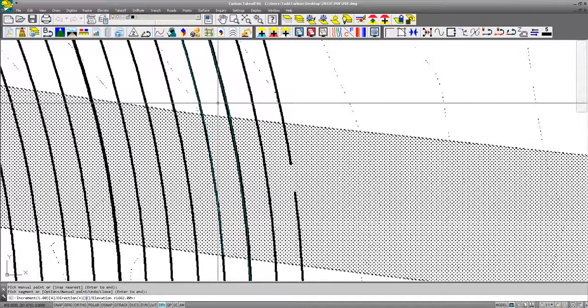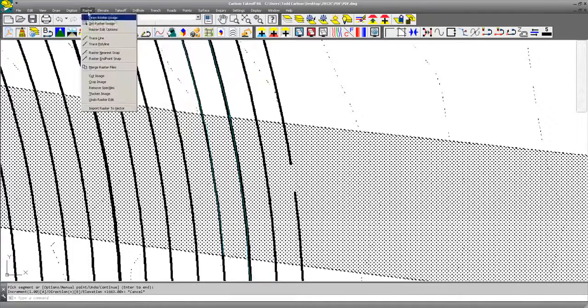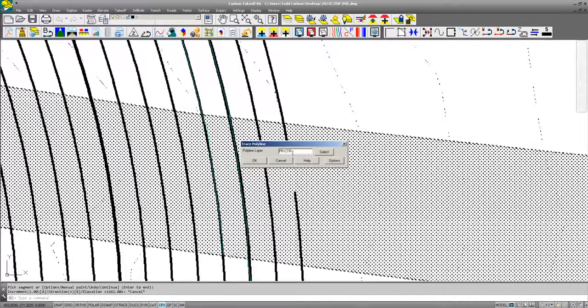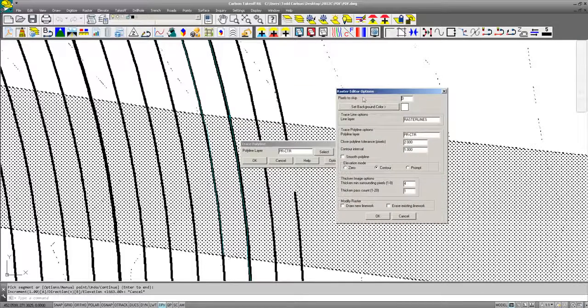Some other options we have, if I get out of this command, if I go back to raster trace polyline, we have options here. Pixels to skip, that helps it try to trace through this line work. If there's gaps in the line work, it can skip up to 3 different pixels to try to continue that line. You can see what layer I'm putting things on here, and then here we have the option